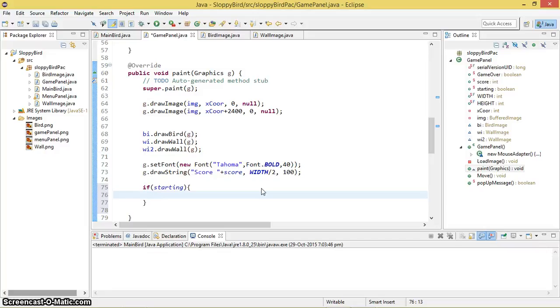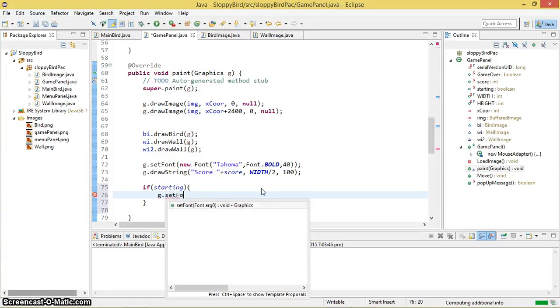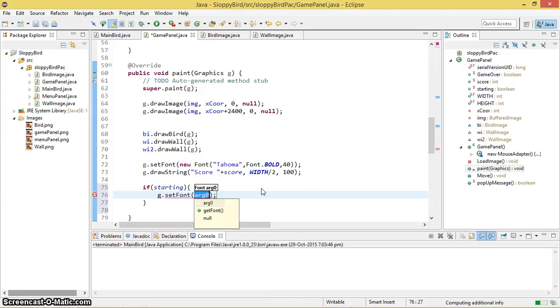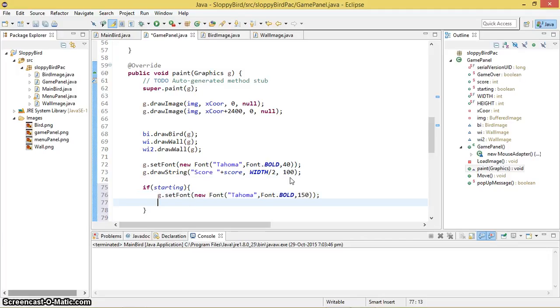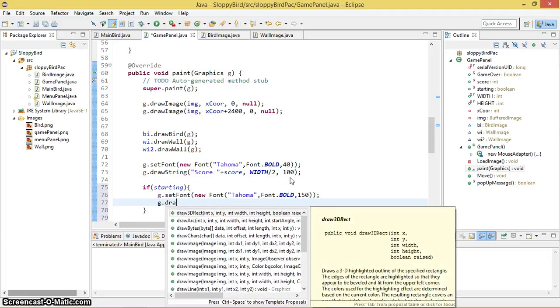There we go. So I'm just going to set the font, new font. It is going to be Tahoma, and Font.BOLD. There we go. And the size is going to be, let's say, we need to increase the size, like 150. There we go. And g.drawString,